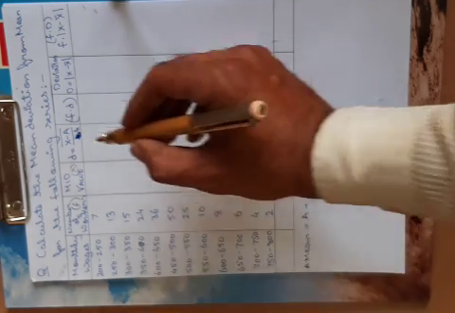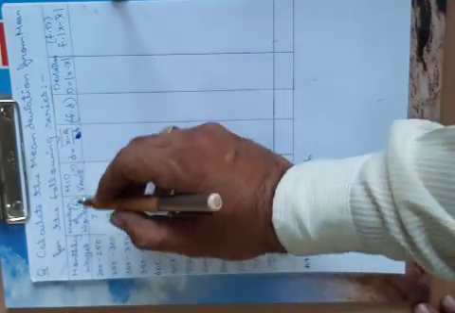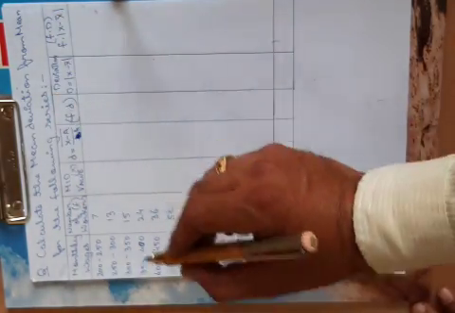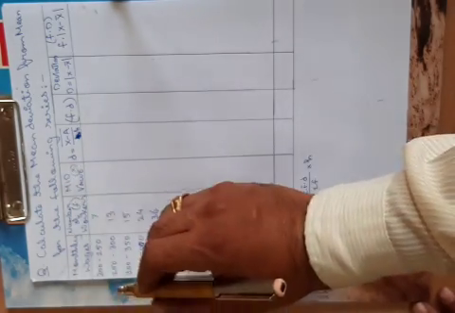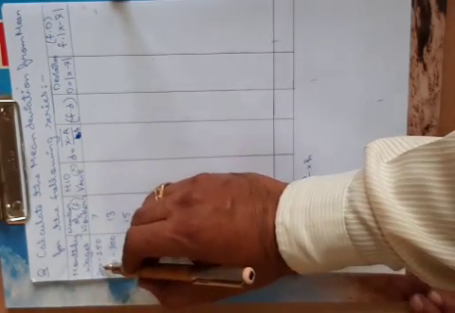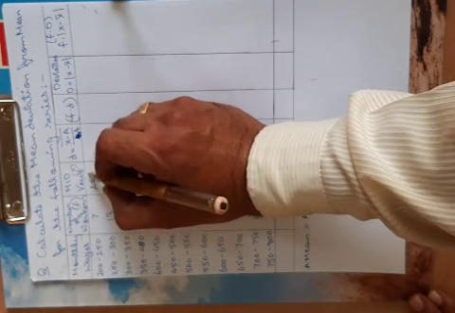So here we have to calculate the mean deviation. For that, it is also mentioned that we have to calculate the mean. So for the mean, firstly we will have to make one column and find out the value of the mid value. For example, the mid value from 200 to 250 is 225.